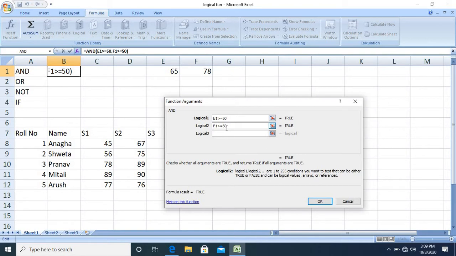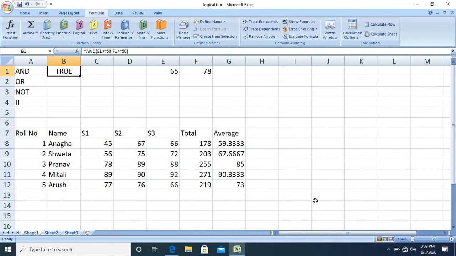So both these conditions are true, and the output of this AND function will be true. This is how the AND function works. Whatever conditions are given to the AND function, if all the conditions are true, it returns true. Otherwise, it will return false.